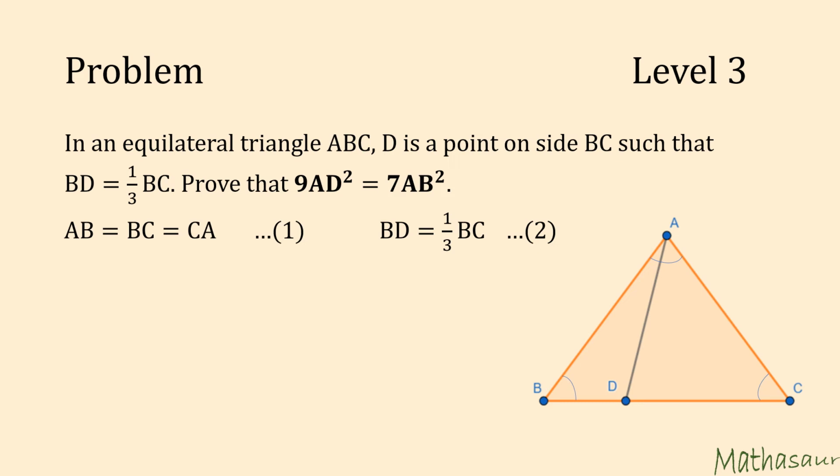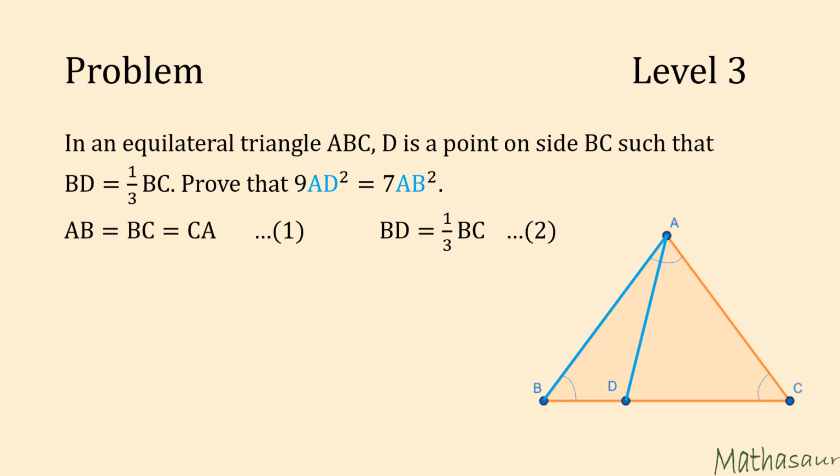Now since we have squares of these sides, we either need similar triangles or right triangles. Now we can't see any similar triangles here, so we can't take any ratios of sides. So the second option is to get a right triangle. Maybe we could apply the Pythagoras theorem then and get squares of sides.